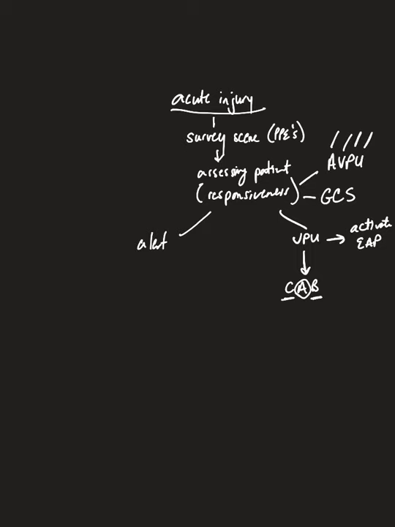The jaw thrust is used if you suspect a head or spinal cord injury, so that we're not moving the head and neck and making someone worse. From the CABs, you would perform any care that you needed to, and that might be CPR, AED. It could be rescue breathing,